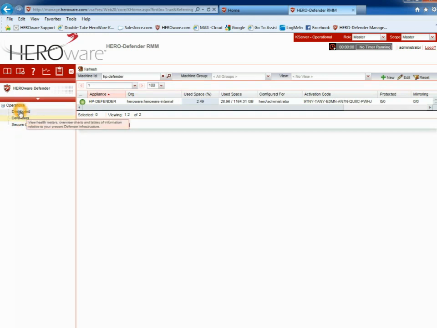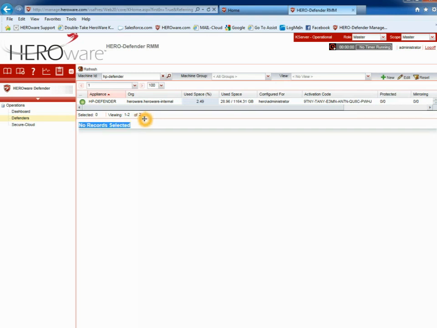You won't have the dashboard yet because we are finalizing the dashboard for all of our users. That will be a very new product even for Kaseya that allows us to create very specific dashboards that have to do with not only the appliance hardware and software, but also how the protection jobs are performing for each one of your Defenders. So in this Defenders dashboard, you will see on the right hand side over here we have